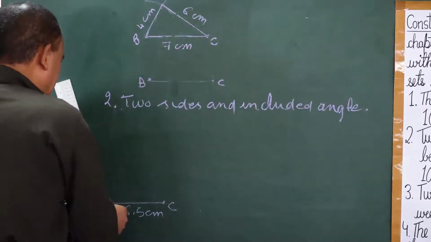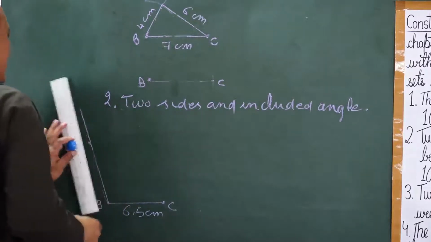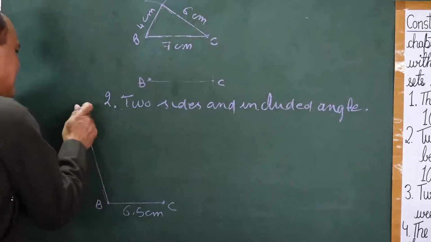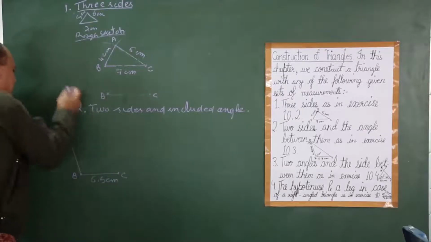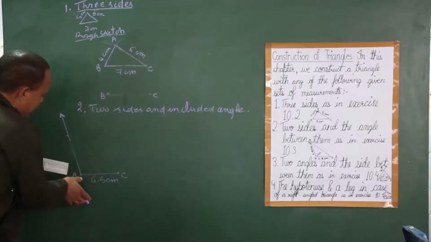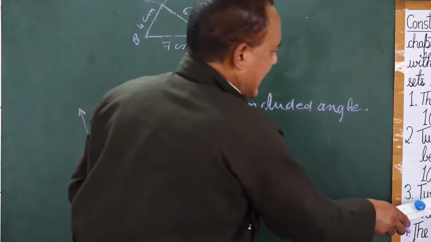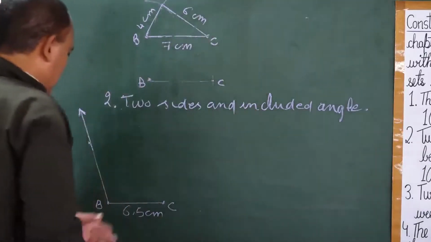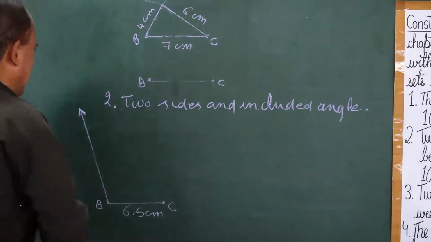The length of this line can be anything. There is nothing specific about the length of this line. You can make it this much big, or this much, but you cannot make it too small, because it should also show this 6.5 centimeters. So it should not be smaller than 6.5 centimeters. So I write it here, X.